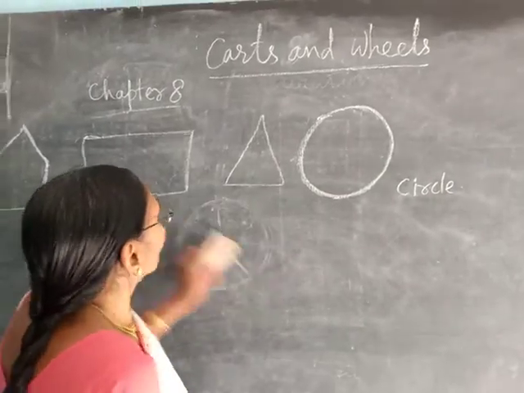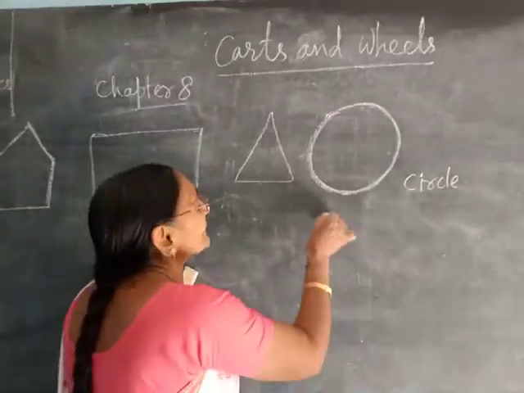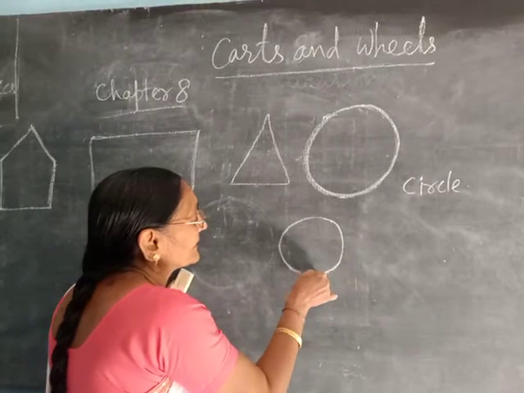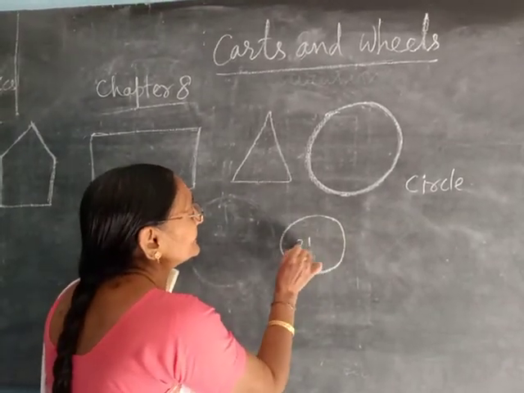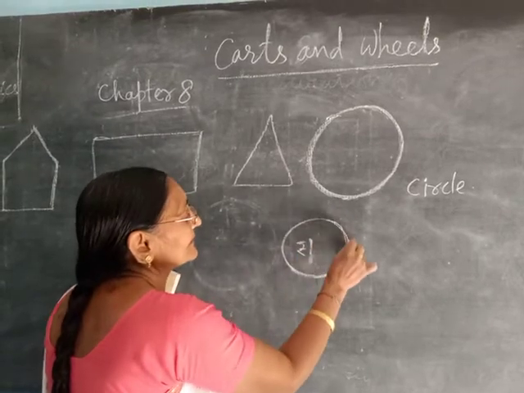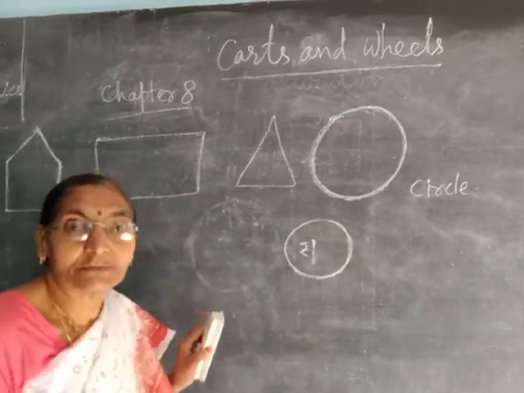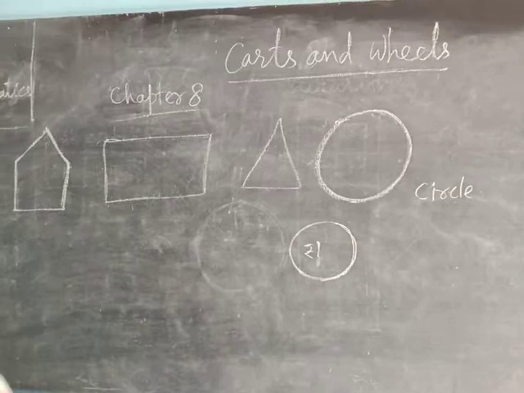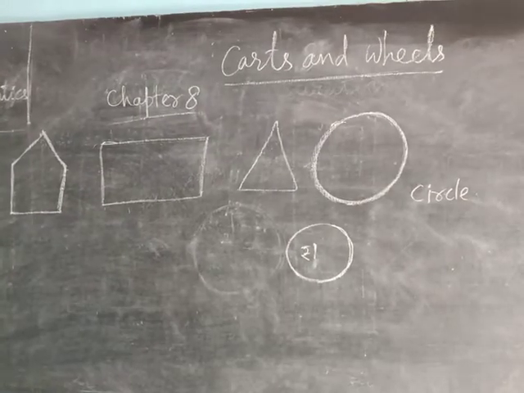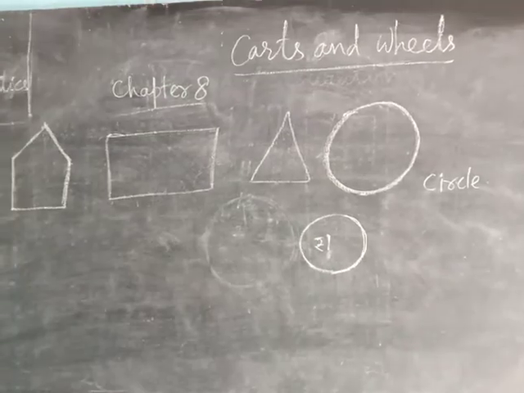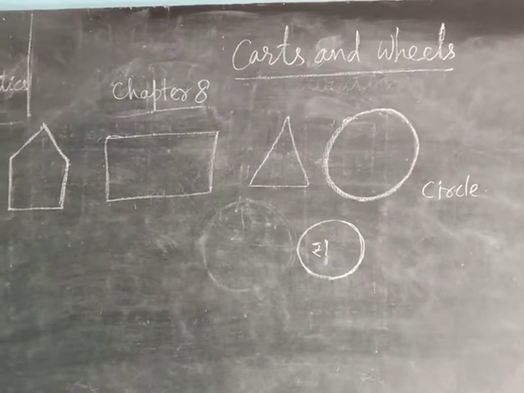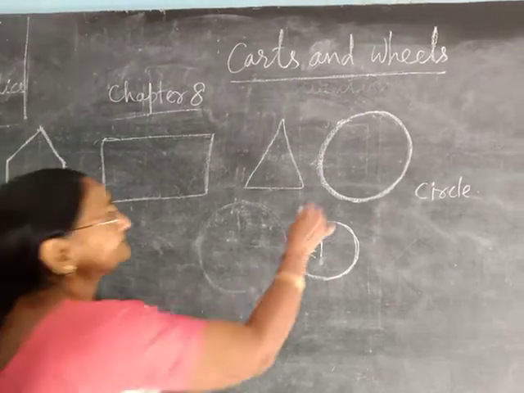So you know the rupee coin, 1 rupee coin or 5 rupees coin or anything. See, like this way. It is rupees 1. This coin also has the shape of a circle. Then this is a simple closed figure. It's called a circle. It is closed with a curved line.